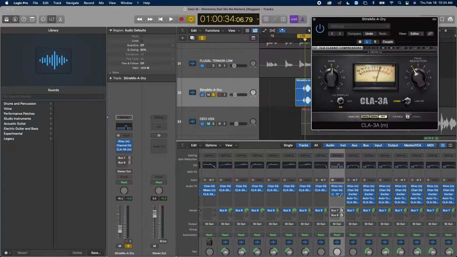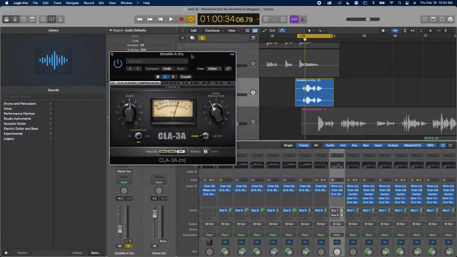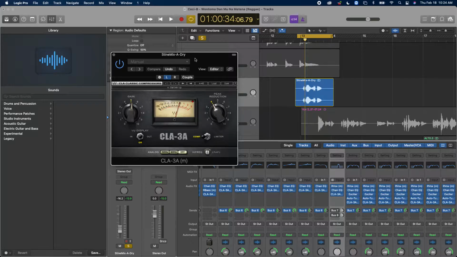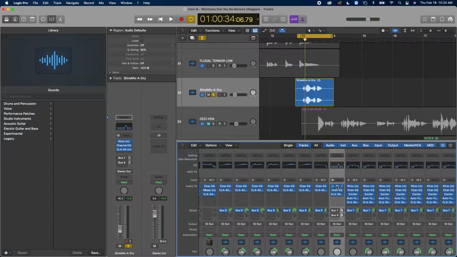Then I add a final compression. Some people won't do that. Some people will just leave it as is. I do that. The reason is because I'm working on the music, and I want to use similar chain processing as possible. And then I add that to it. This one is from Waves. If you don't have any of the stuff that I use for RVox, you can use this in place.